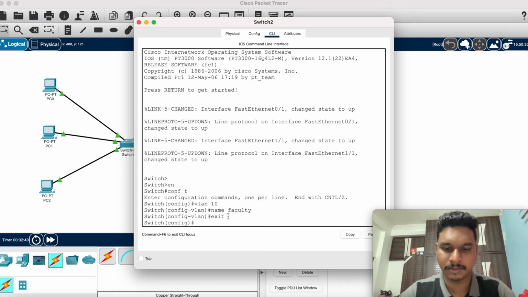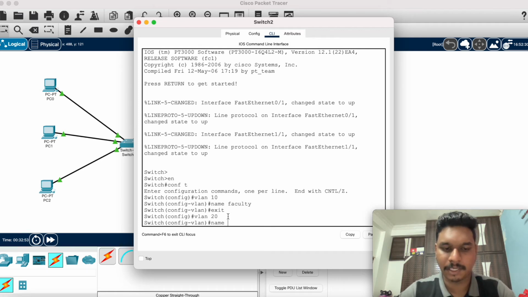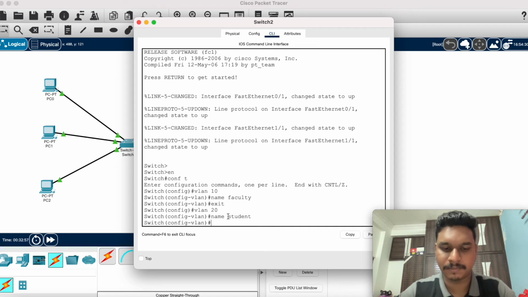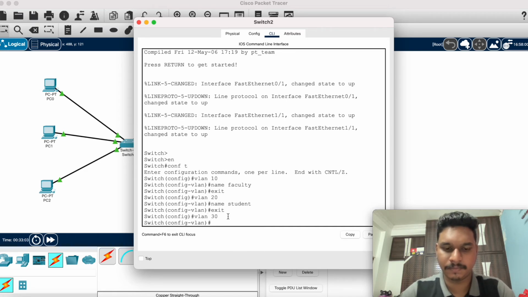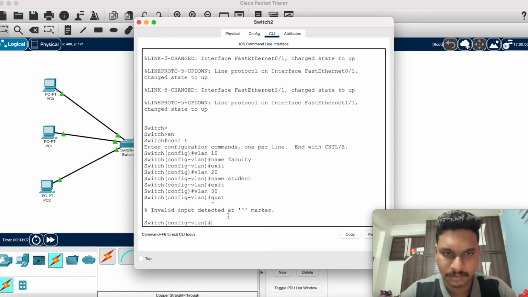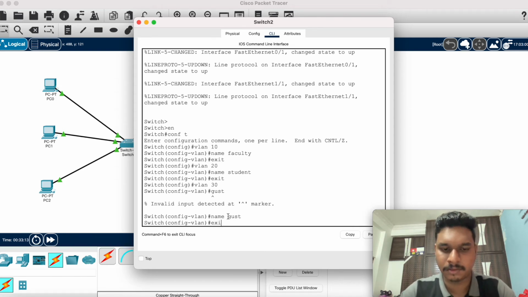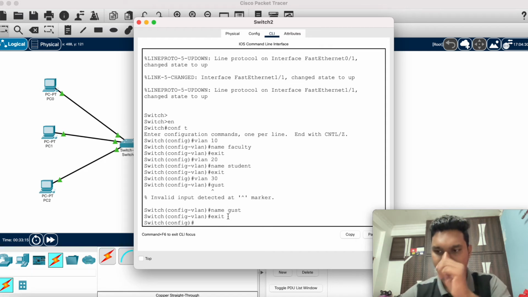exit, VLAN 20, name student, exit, VLAN 30, name guest, exit. Now let us configure this with